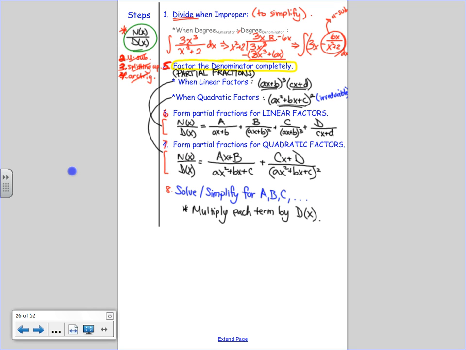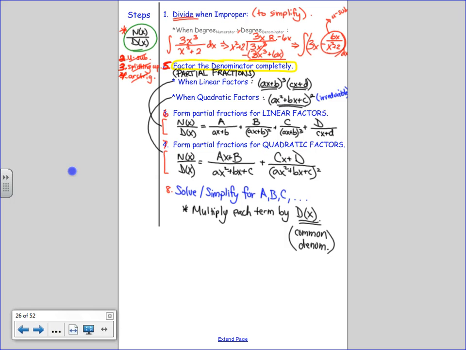What's D of x? The common denominator. D of x is everything put together. D of x is that factored denominator. I would multiply both sides of the equation, each term, because it would distribute, by the common denominator, get rid of all the fractions,